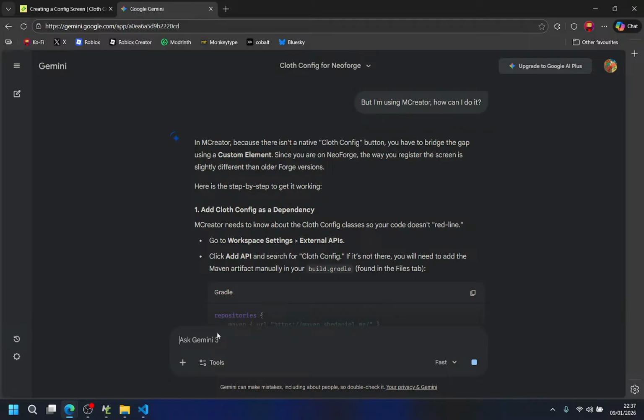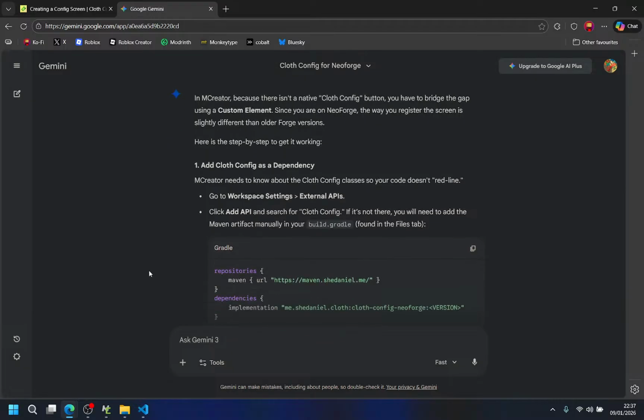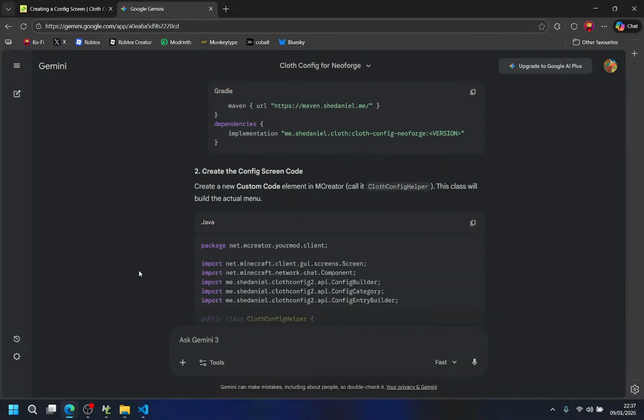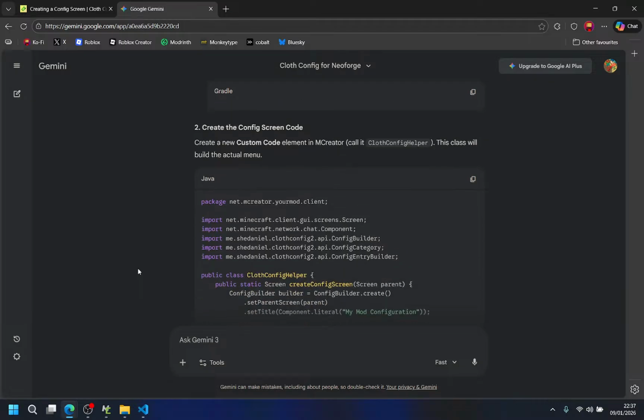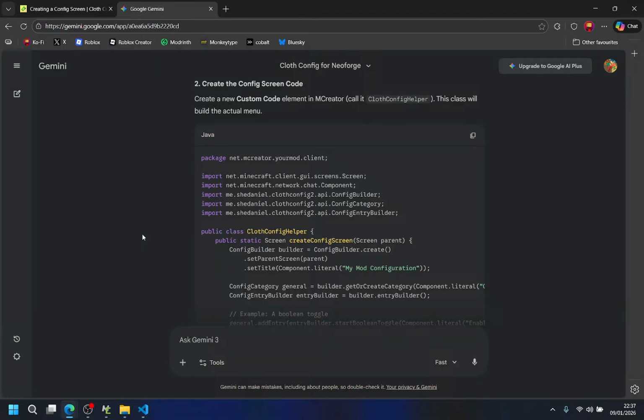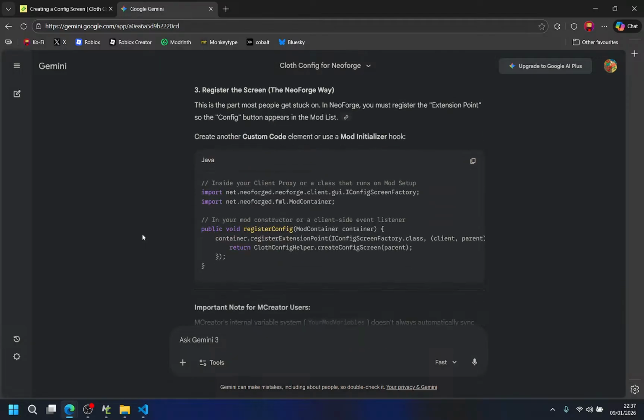Yeah, as a dependency. Yeah. Add API answers for Cloth Config. I mean, this is already done. Create the config screen code. Create a new custom code element and call it Cloth Config API. And I need to paste that in that code.